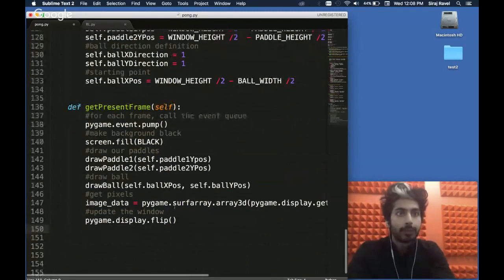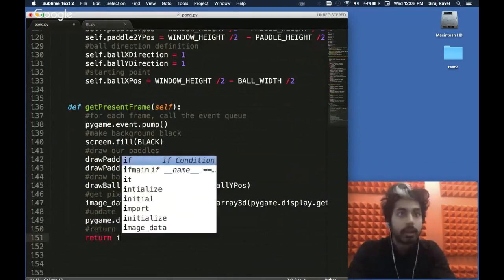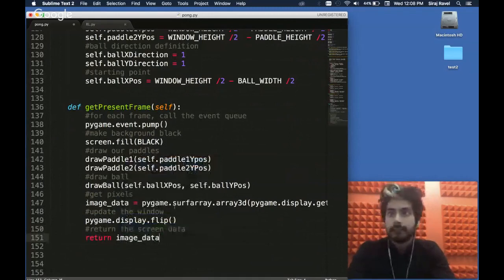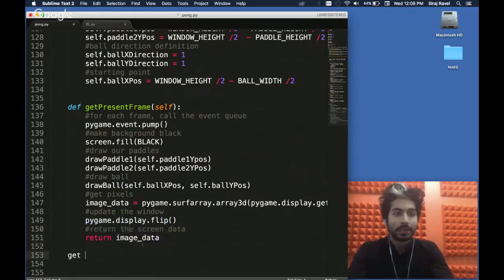We're going to update our window, and now we want to return the surface data. Return the screen data. All right, so we're going to return image data. Okay, so that's going to return the screen data. And we want one more. We're going to want one more function to get the next frame.